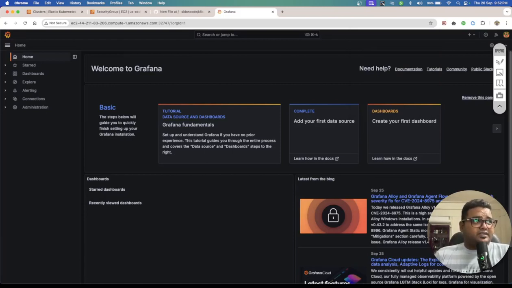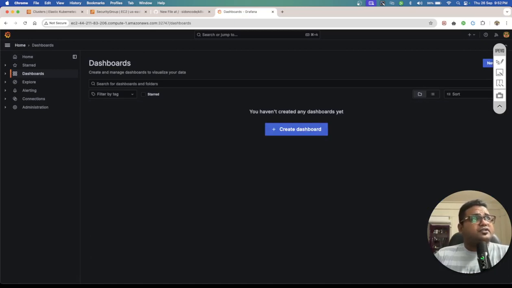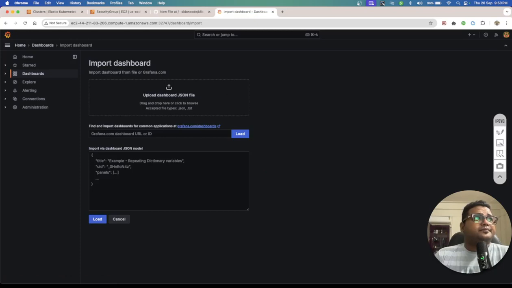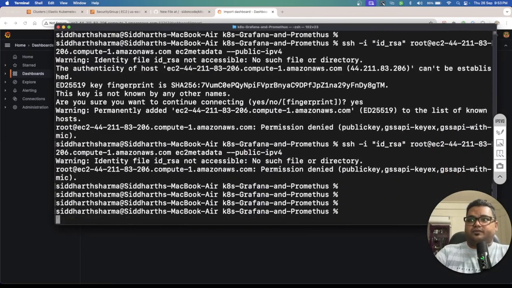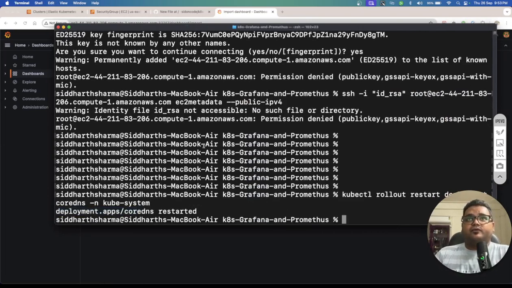And now the next step is that we'll be going to the dashboard, and then we are going to create a dashboard for sure, and I will be clicking on import, and I will be writing the dashboard URL as, one second, after this one, right? Because I want to get all the logs from there. So let me just, so kubectl rollout, the core DNS has been started,